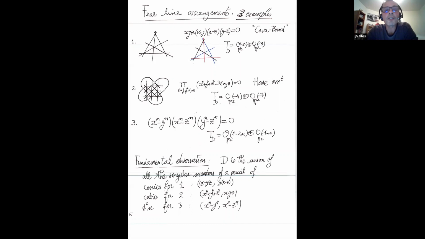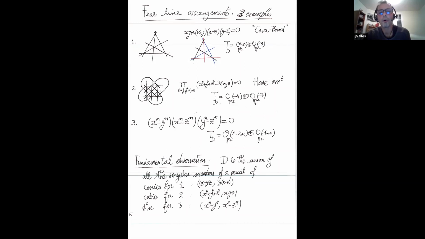And the last one is called, since some years, the Fermat arrangement. And the last one is also free. So the main thing is, of course, for all of these, probably the computer does not compute the generators, but for the first one, you can compute the generators on the computer. But the fundamental observation is the following one. In these 3 cases, you can observe that D is always